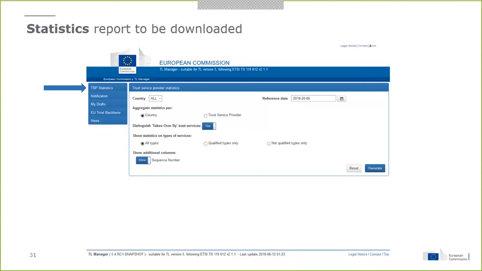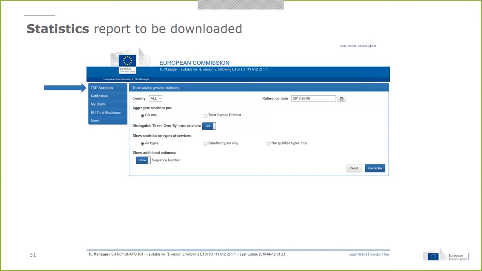So these taken over by trust services should be handled with care in the figures. We decided to let you distinguish them in the generated figures, so that you can post-process them if necessary. You can then select between qualified types, all, or not qualified types. You can choose any combination.